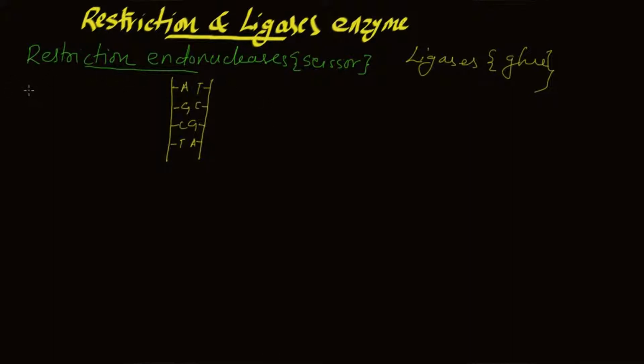Now you have to understand there are two types of restriction enzyme. One gives a straight cut. Okay, the second one gives a staggered cut. Alright, so don't worry, we'll be discussing straight and staggered cut. What do you mean by that? Okay,